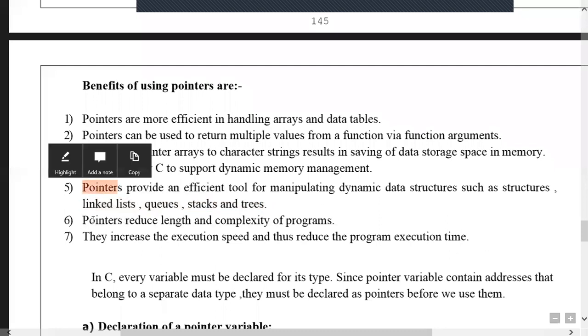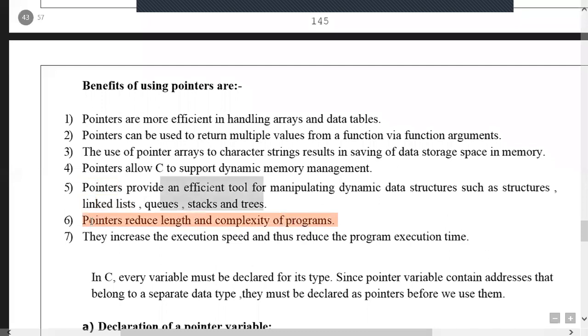Sixth point, pointers reduce the length and complexity of programs. When you use pointers, the length and complexity of the program reduces, because we do not need to write a lot of code and we do not need to use a lot of variables. Only a single pointer is enough, because if you know one address location, we can go through all the remaining memory locations also.